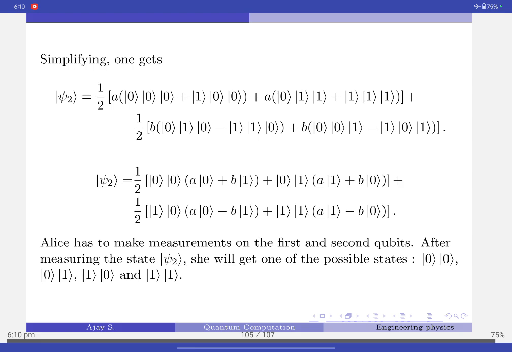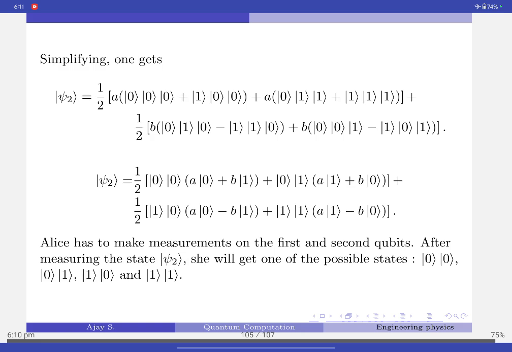See the second equation for psi 2: 1 by 2 ket 0 0 into (a 0 plus b 1). So that is what Bob holds. The first two qubits are with Alice, plus 0 1, which Alice has, into (a 1 plus b 0), plus 1 by 2 1 0